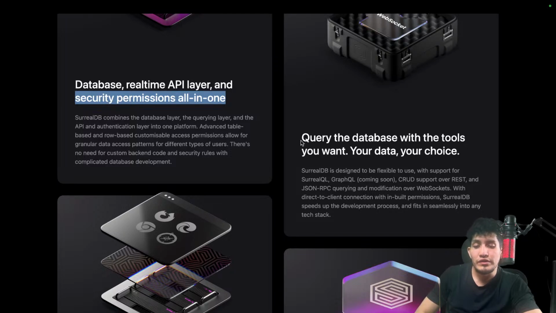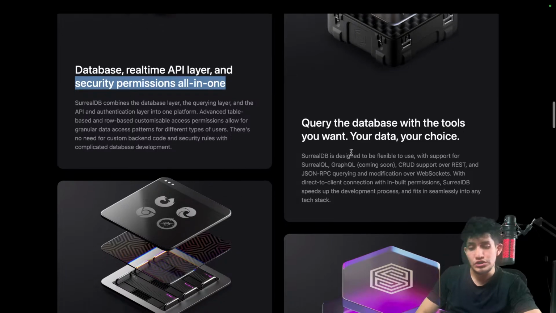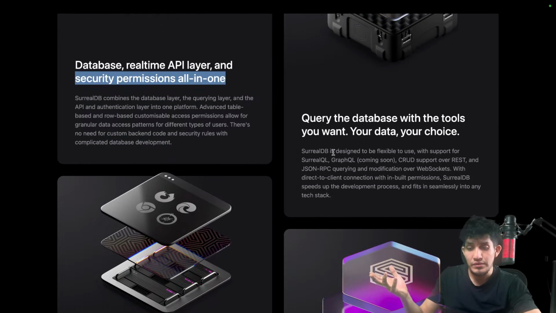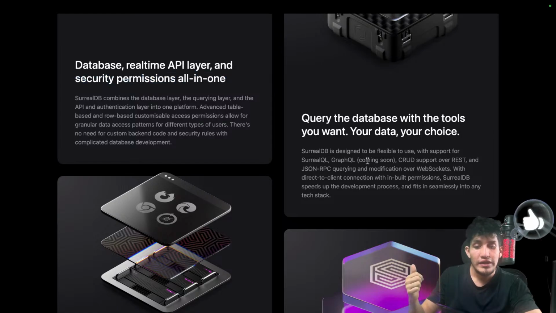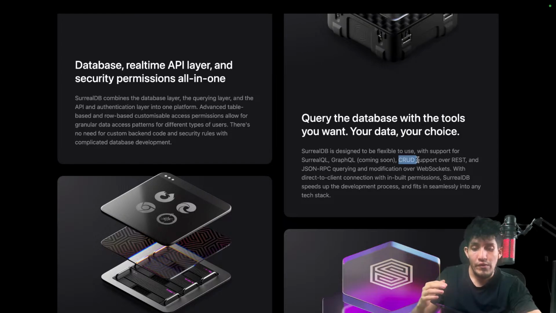Query the database with the tools you want. Your data, your choice. SurrealDB is designed to be flexible, with support for SurrealQL. GraphQL, it's coming soon. CRUD support over REST and JSON RPC, querying and modification over the WebSocket, with direct client connections